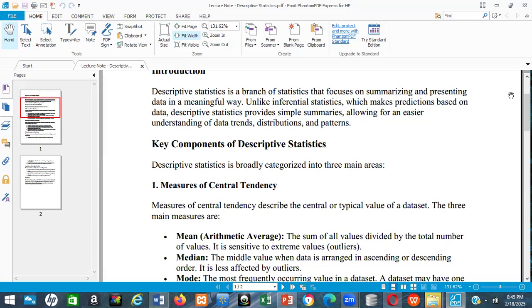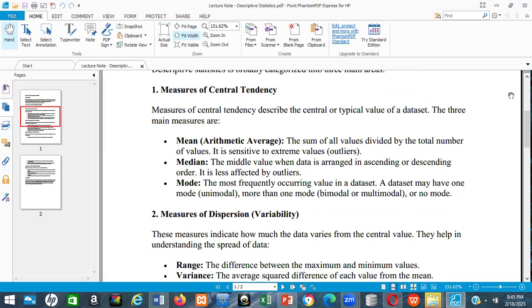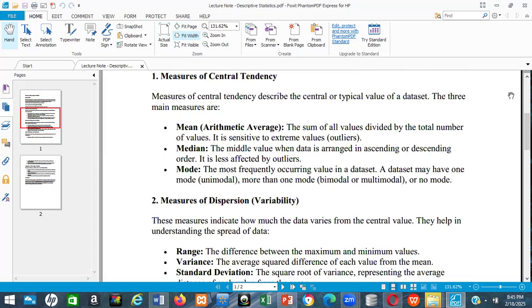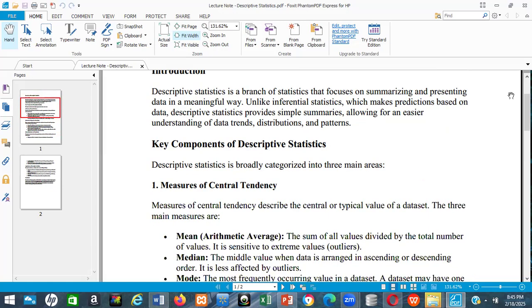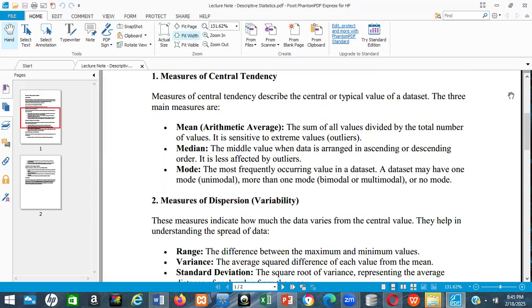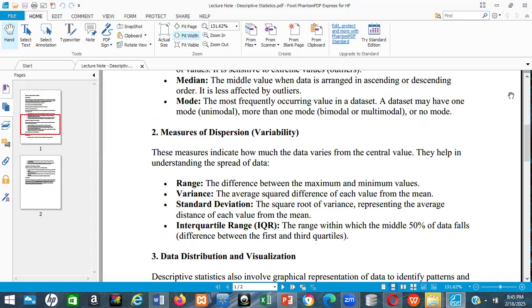So let's not forget, I always emphasize this. It's not enough to know how to do the calculation. Knowing the purpose of the calculation and knowing the situations where the statistics are needed is very, very important. It's just like a workman that has different kinds of tools. When you are going to do your job, you put all those tools in your bag. Then when you get there,